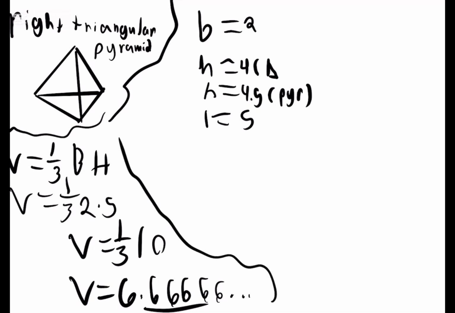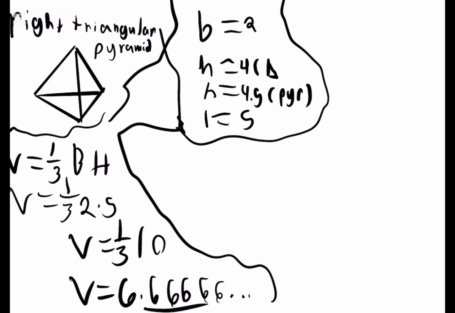That is how we find the volume of a right triangular pyramid. Now we will be doing the surface area. Surface area will be L plus B. So, our base is 2. So we are going to do